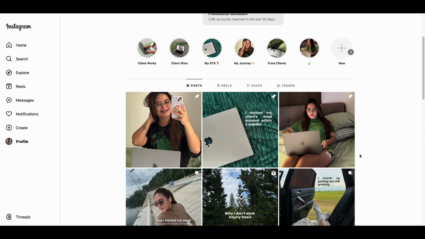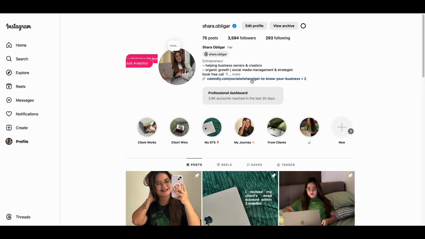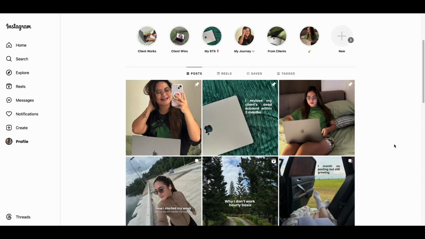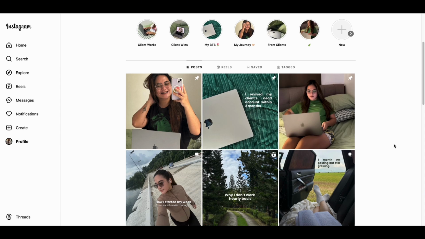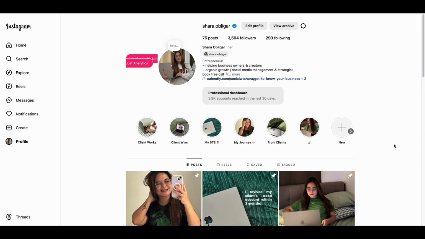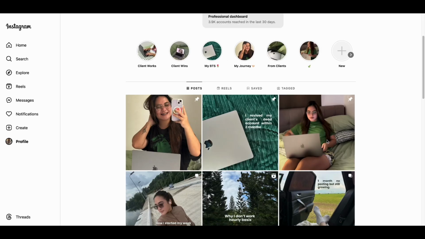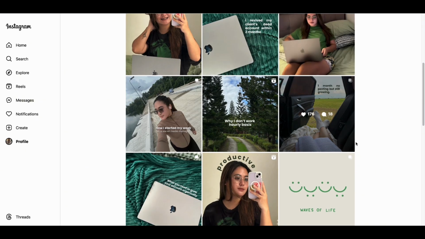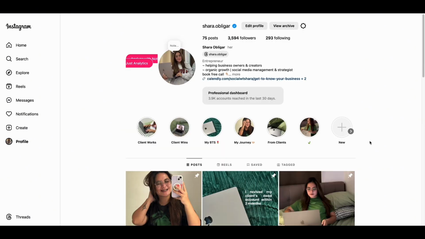Because we know, even though hindi mo sabihin sa kanila that you are a social media manager, if your content speaks social media management or what you're doing, alam na nila na social media manager ka. And I don't need to make myself clear sa kanila by putting it in a name here or even in my username. Basta the content speaks for itself, alam nilang social media manager ka. And that's how I position myself here on Instagram. And I want you to do the same thing as well.